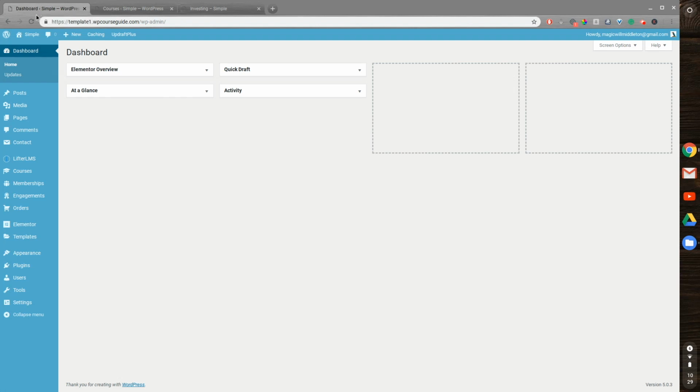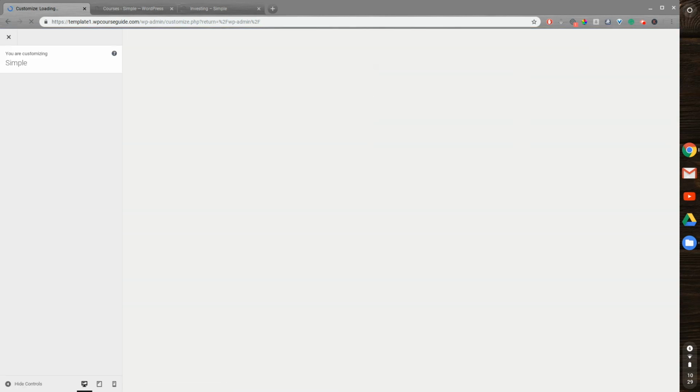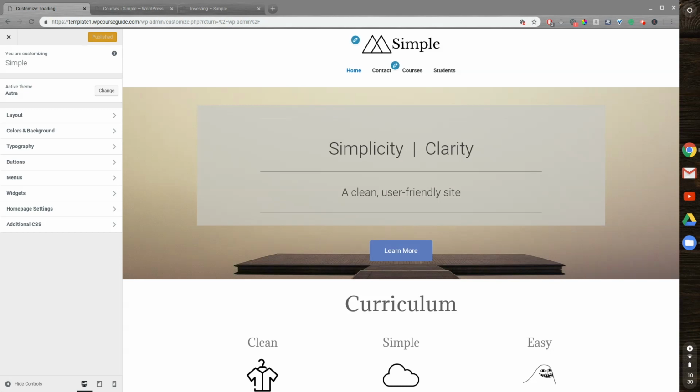To start out, we'll go to the LifterLMS admin, we'll head to Appearance, and then Customize. And this is a feature of Astra Pro, so you'll need that in order to make this all work. All right, now we'll go to Layout,